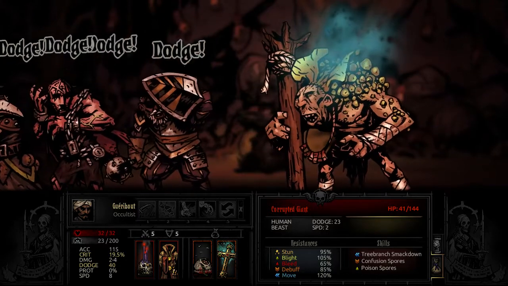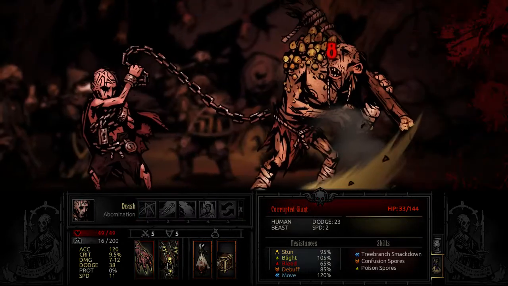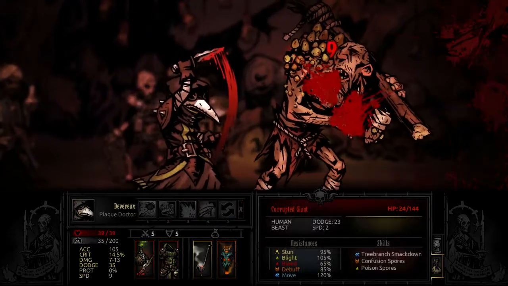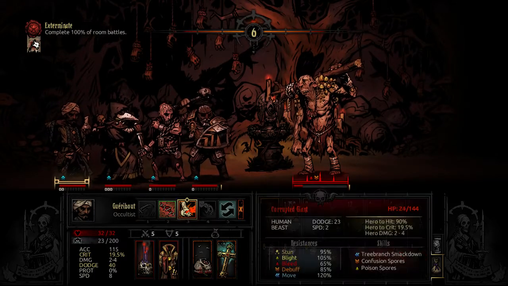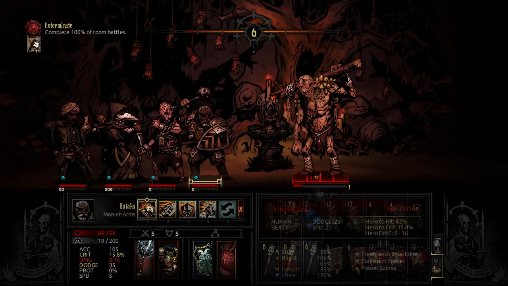There's the confusion spores. Yay, we dodged it. Chance will get him stunned. Good. Nope, didn't hit. Fine. This bleed will hopefully keep stacking up. 6 damage for 3 rounds. 21 damage. I don't think we're gonna...